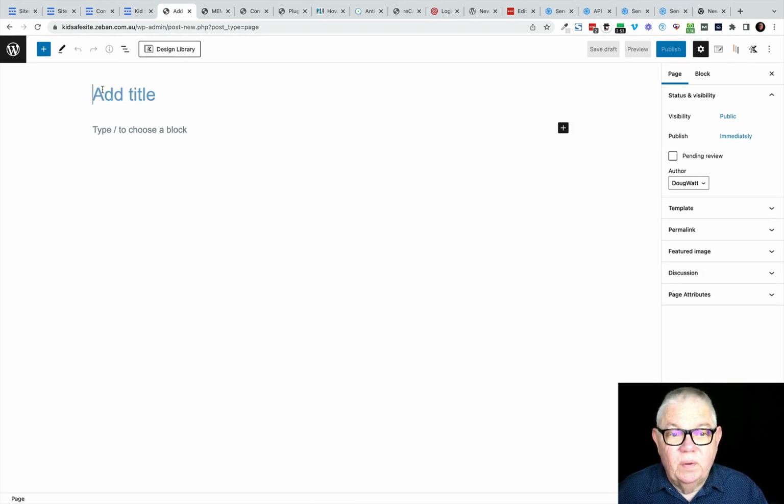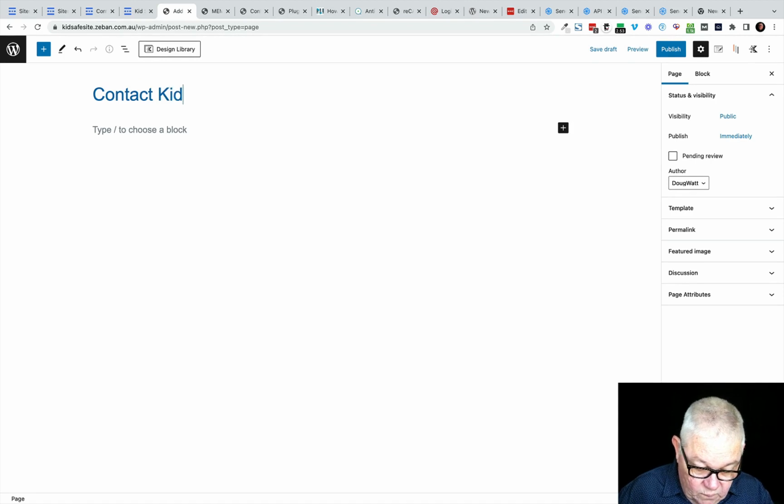Most sites would just simply put contact in there. But really, from a search engine optimization point of view, the worst thing you can ever do with a home page or a front page is to call it home. The vast majority of badly built websites in the world have a front page called home. Why not call the front page of this site Kids Safe Play Safety, or something that is actually a searchable term? In this case, we're going to be quite simple, and we're just simply going to call it Contact